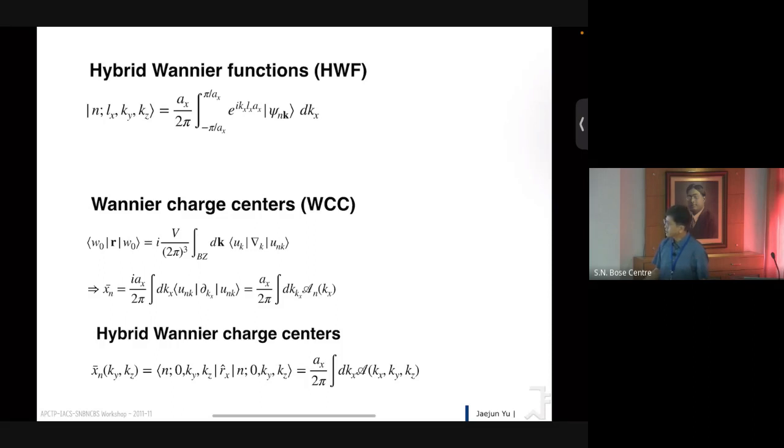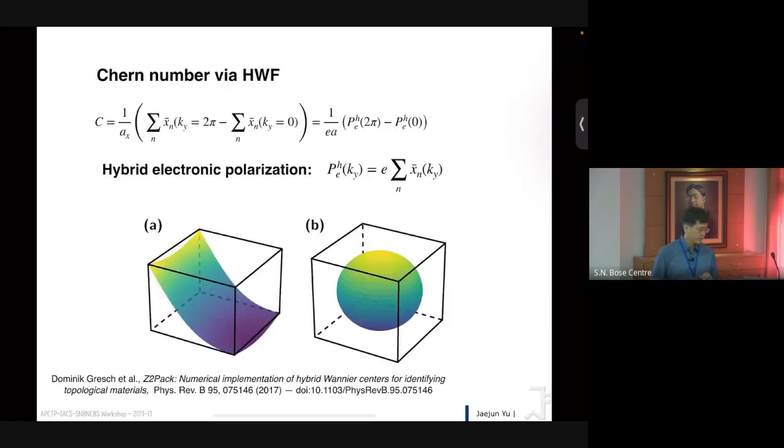So if you integrate either, since we already had the integration of Kx, if you integrate the same thing along Y or Z, then that's directly connected to our topological charts, the Berry curvature of the system. So if you integrate along the Y direction from 0 to 2 pi,